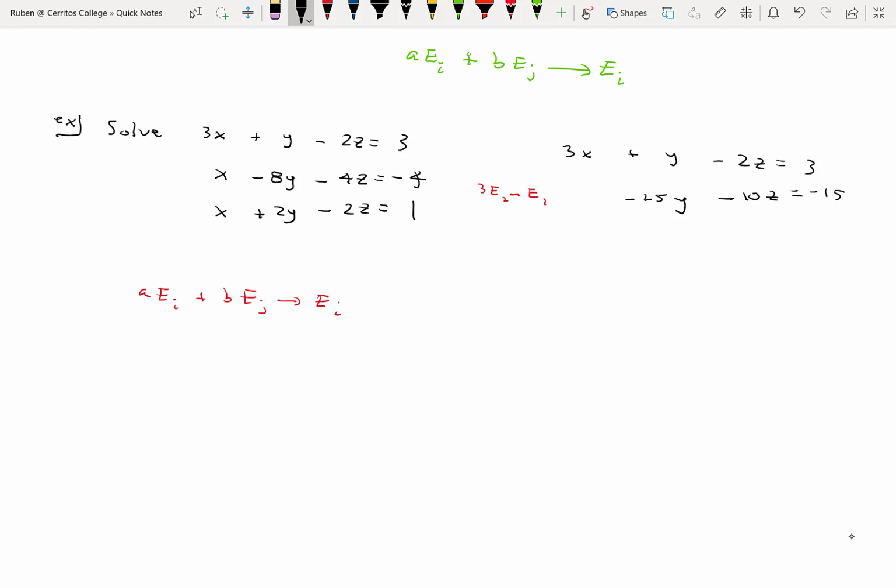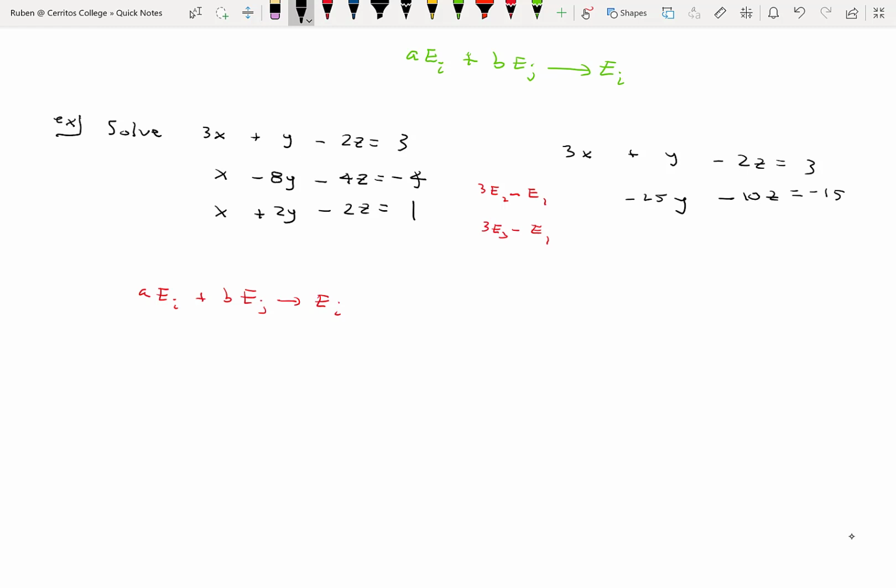I want to get rid of the x in the third equation, so I'm going to do the same thing. I'm going to take 3 times equation 3 and subtract equation 1, and then put it back in the position of equation 3. I'm going to do this fairly quickly so that things move along, and you could verify the